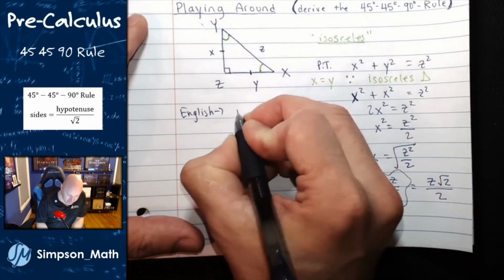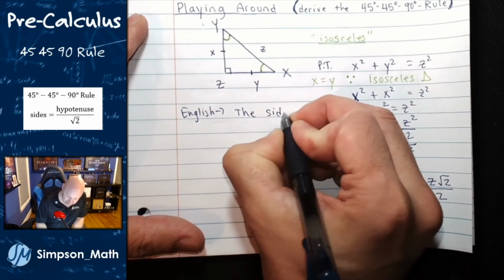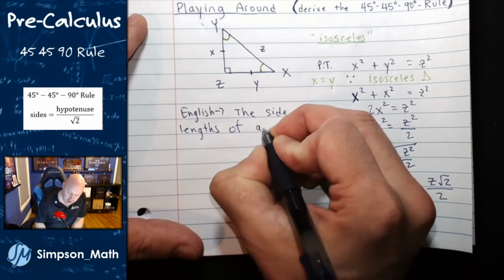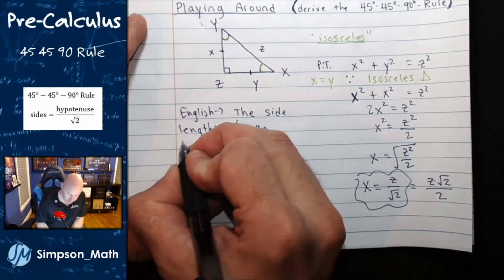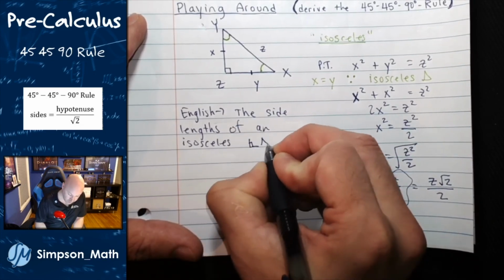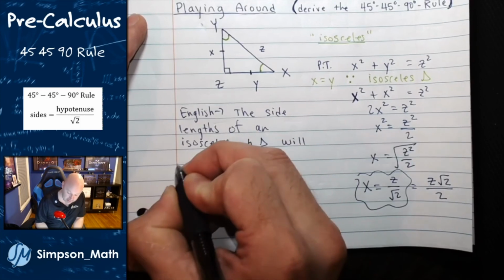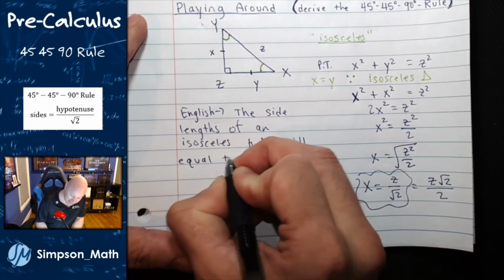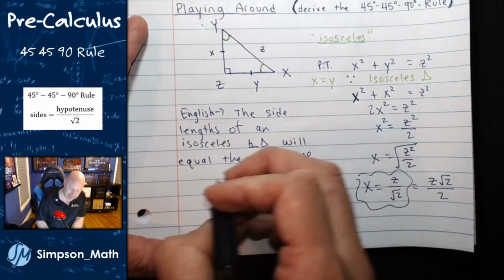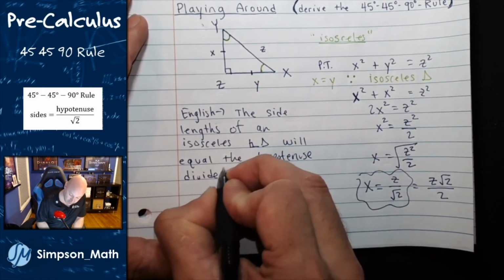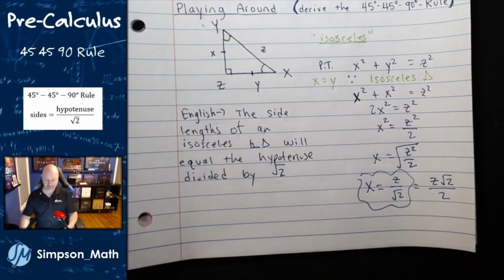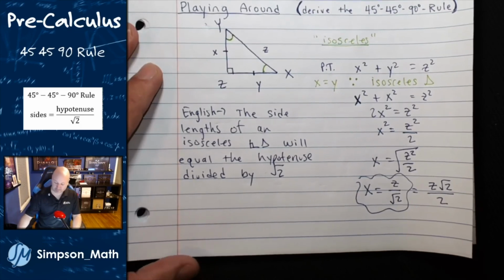I'm going to say the side lengths of an isosceles right triangle will equal the hypotenuse divided by the square root of 2. Always and forever. So, for example,